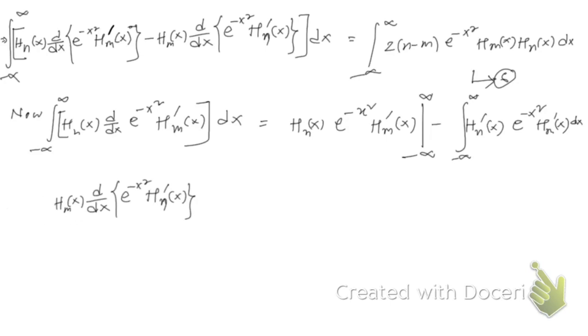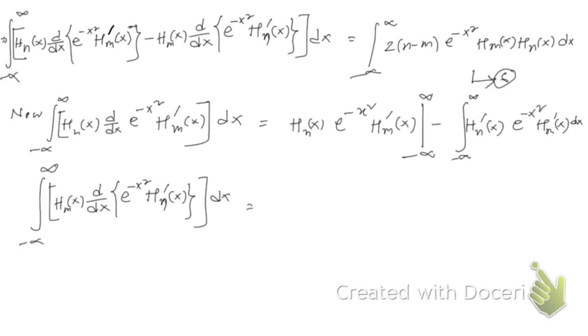Okay, integration from minus infinity to plus infinity, right? Integration from minus infinity to plus infinity of dx, this part here you see. So again we're going to consider this one as u and this part as dv, okay. So then